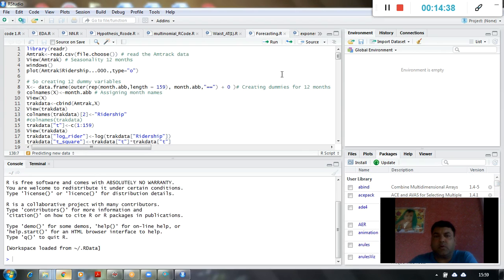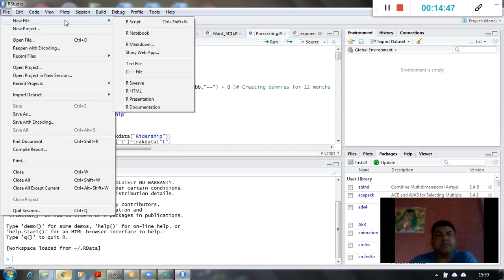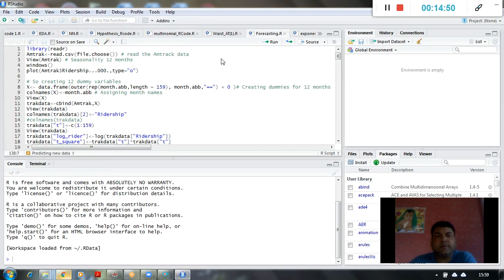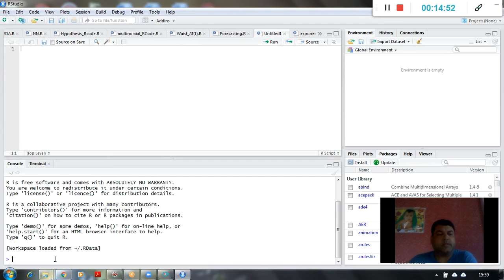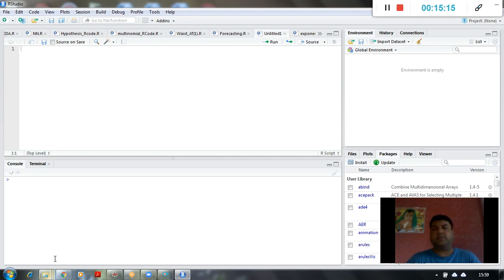So this is the overall environment, so to say, as far as RStudio is concerned, wherein if I want to write a new script, I will simply say new R script. Obviously we are going to have a deeper look into all these small functions and functionalities and how to write the code and script, etc. But I just want to clear the screen in the console right now. So I'm pressing Control and L, which clears the screen. So it has been cleared now.